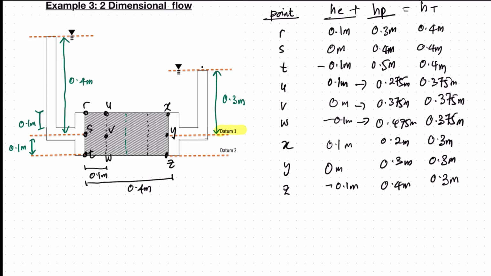R, point S, and point T have the same value of total hydraulic head. Points U, V, and W share the same value, 0.375, and you can see the same thing for X, Y, and Z, which also share the same value, 0.3 meter. They are not the same as the others, but these 3 points have the same value. So how you can conclude it is that